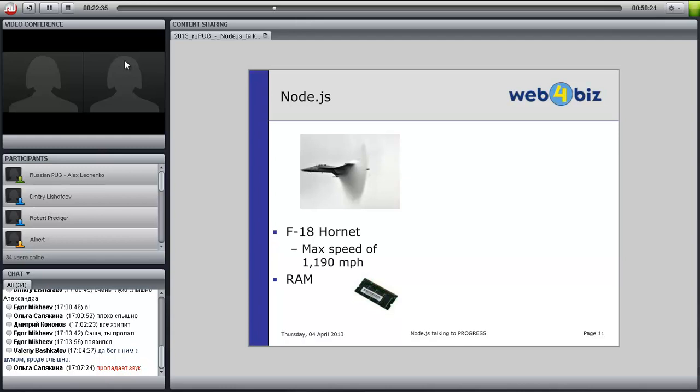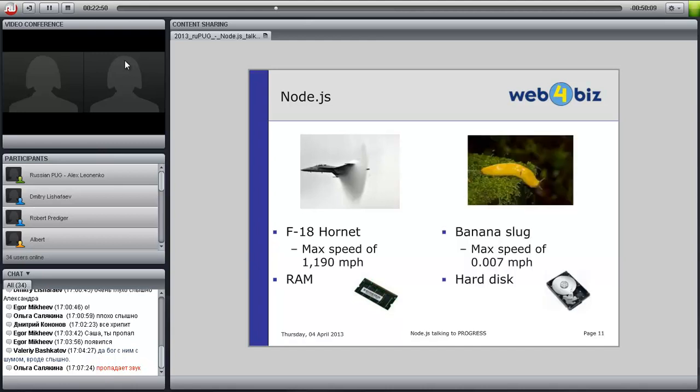Compared to this, going to an external device is like comparing it to a banana slug.